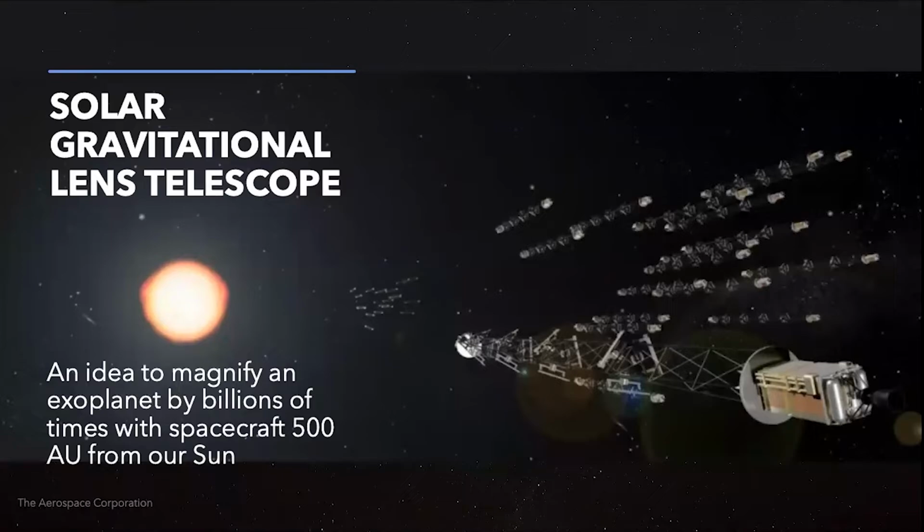This one's really hard to do because you have to slingshot around the sun, get really close to the sun, and get lined up just perfectly and take the images as you go along. This also is at least 20, 30 years away, and it would take 20 years to get to its destination. So I'm just trying to impress upon you whether or not you think this is ever doable,